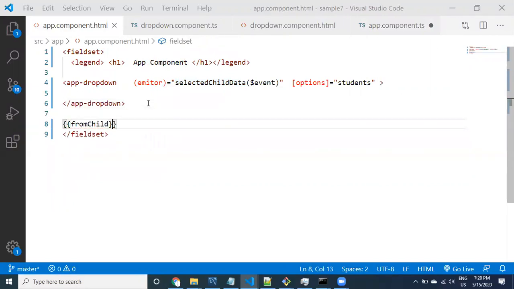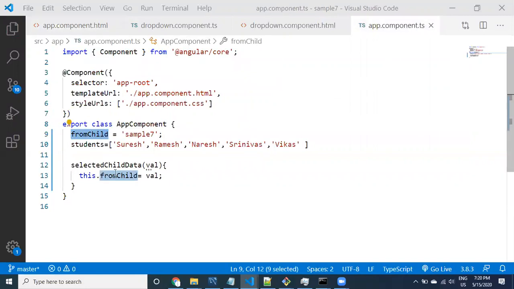What we are doing is sending the value. Event is nothing but data. The data is going to come here, and whatever value comes to the parent, we assign that value to the parent property. Once the value is available in the parent property, you know how to display it using property binding or interpolation.